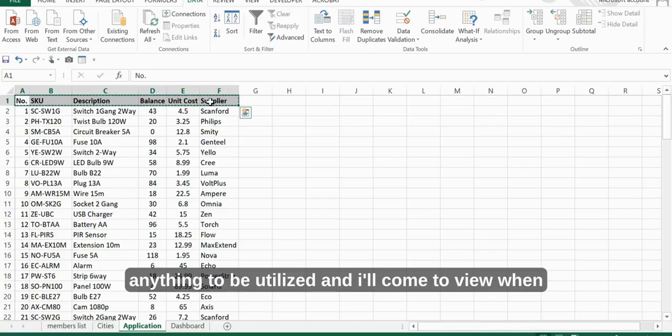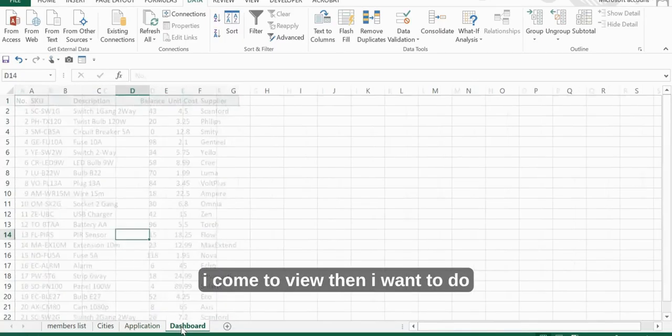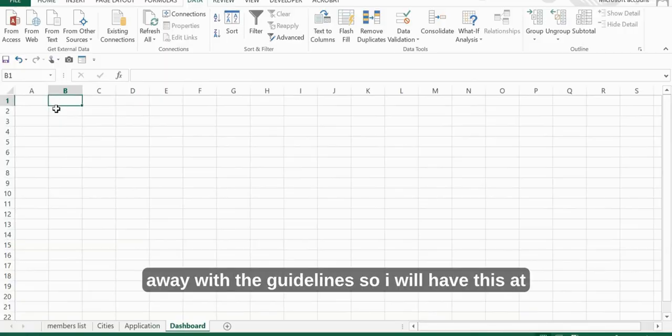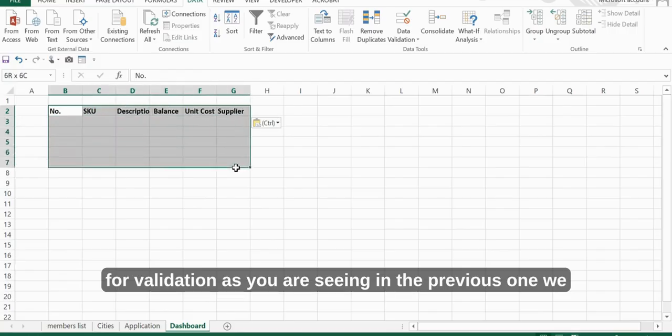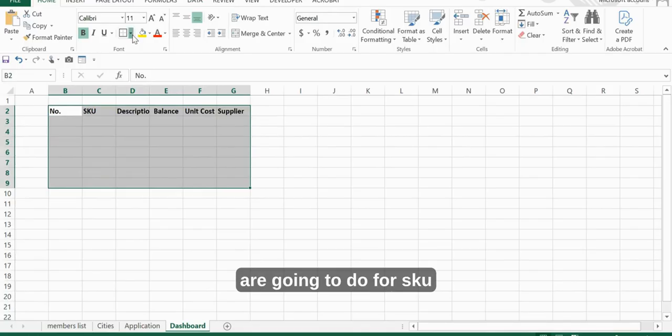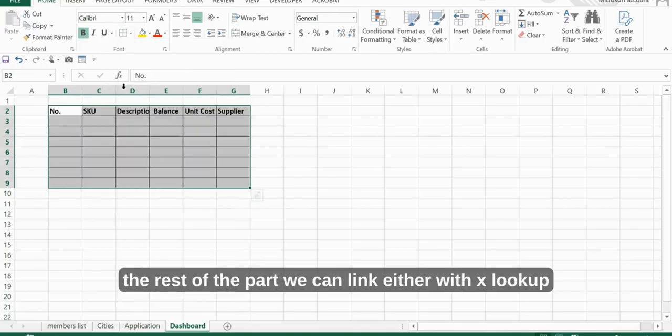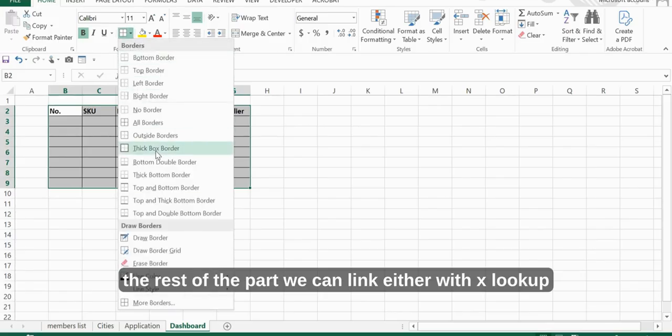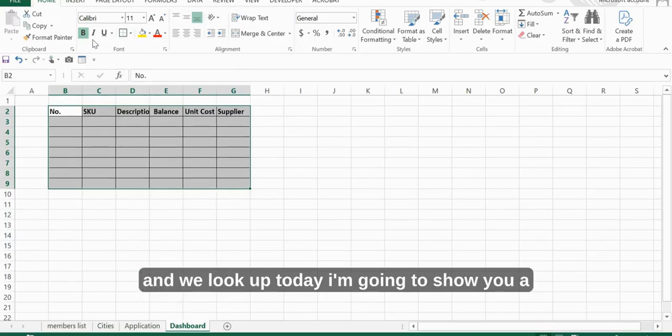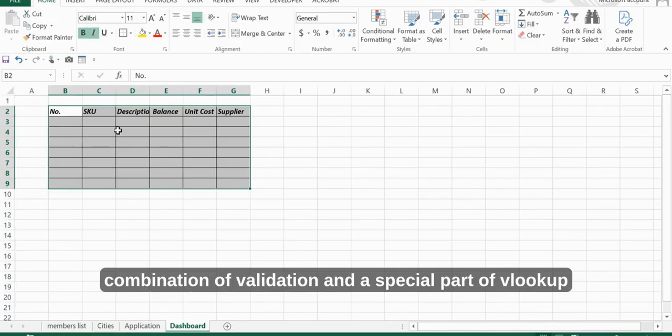So I can just copy these headings and bring them here. Depending on whatever we are going to discuss, I can just make a few lists here, come to this, then you can say all borders, at the same time you can say everything to be italicized,